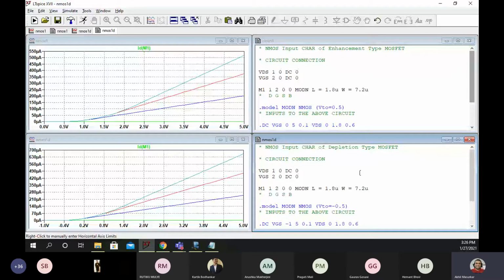Shruti, now similar thing you have to do for output characteristics. That means you will open the output characteristics of enhancement type MOSFET, exactly the same code, and change that threshold voltage from plus 0.5 to minus 0.5.